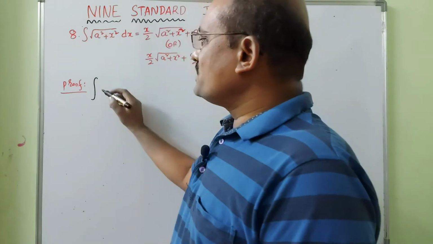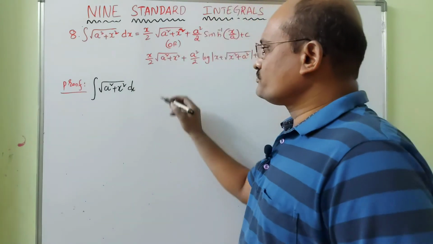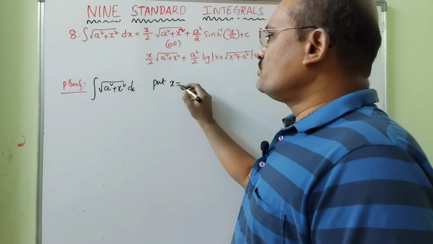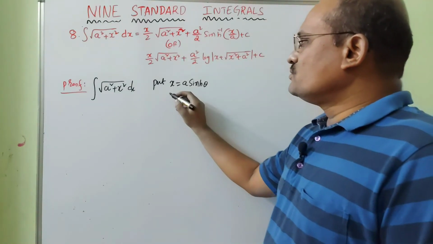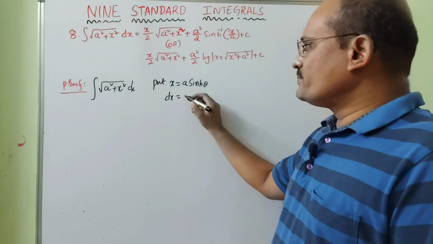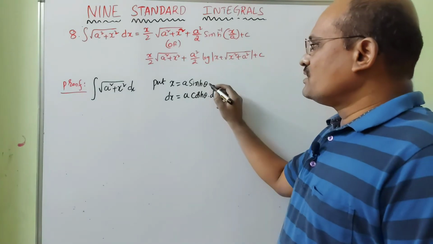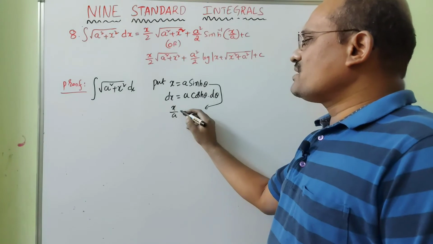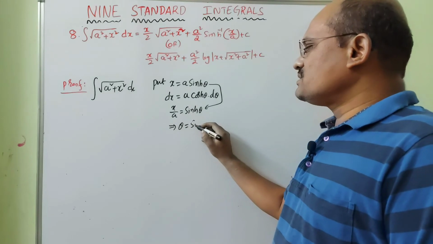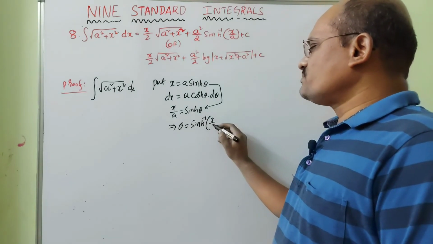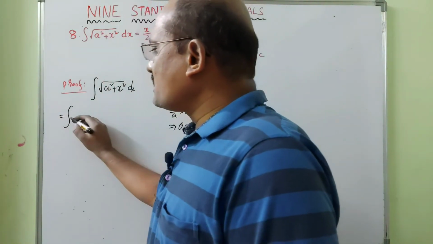So students, what we have to do is, first of all, take the given integral. Here the substitution is, put x is equal to a sin h of theta. Go for differentiation, dx is equal to a into sin h theta, derivative is cos h theta into d theta. From this x by a becomes sin h of theta, that implies theta becomes sin h inverse of x by a.